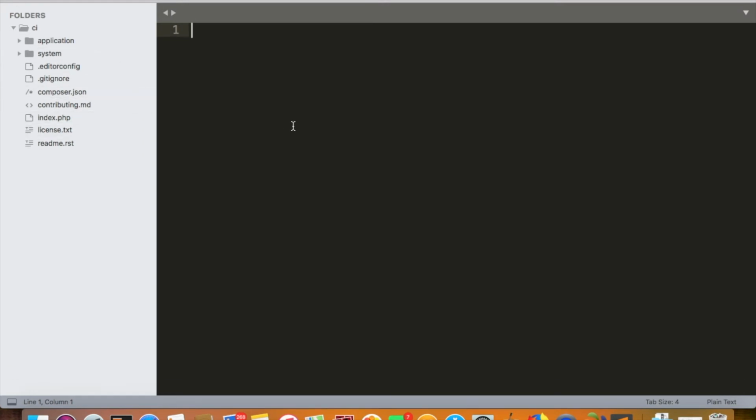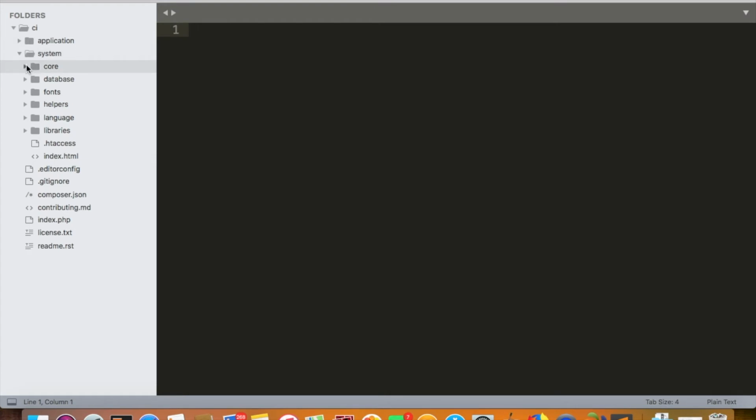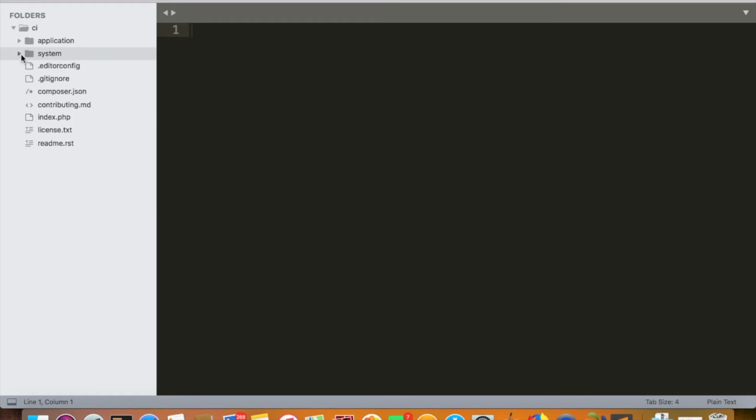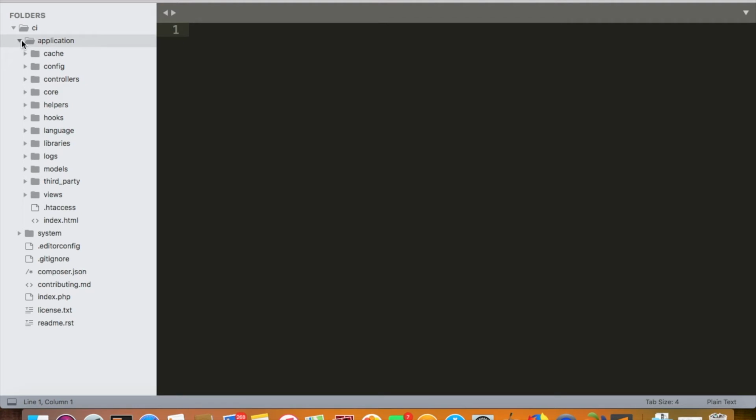The thing that we need to discuss inside Codeigniter is the application folder, and as I told, the system folder is the core files that were built by the CI developers. So we don't want to mess with these folders. Just minimize this. We don't have to worry about this folder. But what I really want to discuss in CI is the application folder. And for now, there are lots and lots of folders here. You can see the cache folder, config folder, controllers, core, helpers, libraries, models, third-party, views, and we'll discuss these